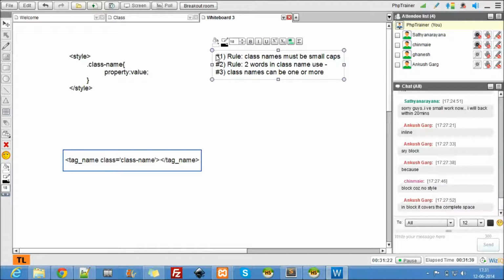You can use the same class for multiple tags.